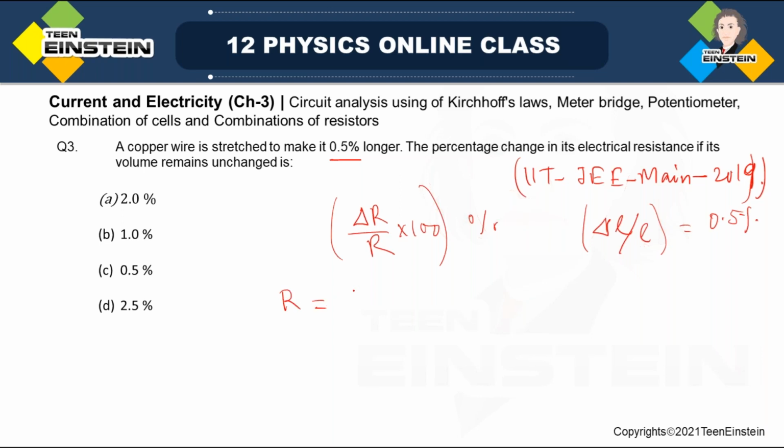Resistance R is equal to rho L by A. Here volume remaining constant means L1 A1 would be equal to L2 A2. From here we can find out the length, like the final length; if it is given, then we can find out the final area, but we are not going to do it that way. What we'll do, we'll just multiply